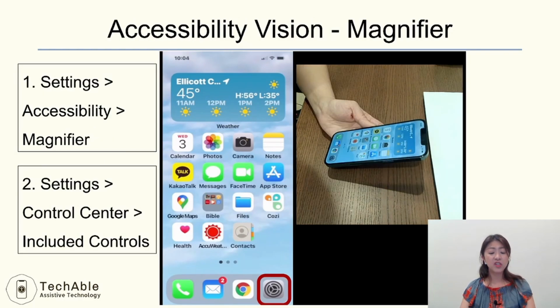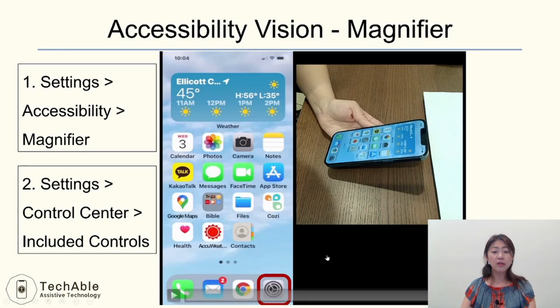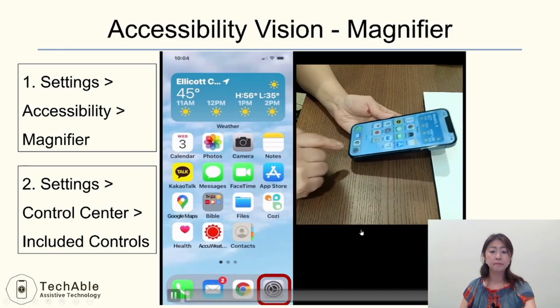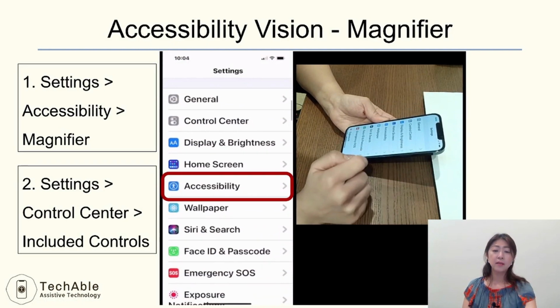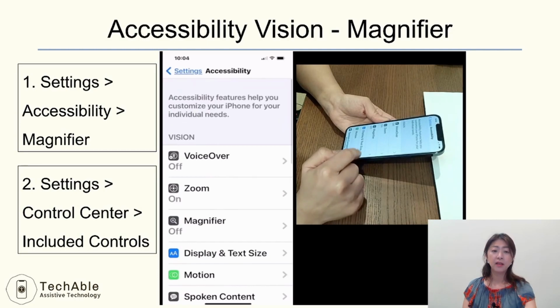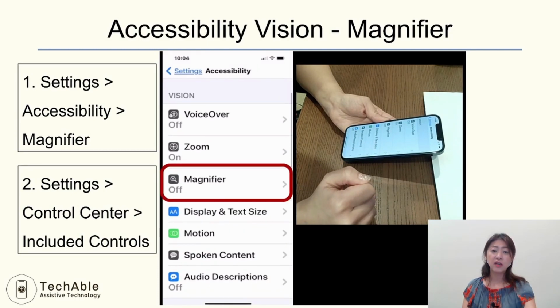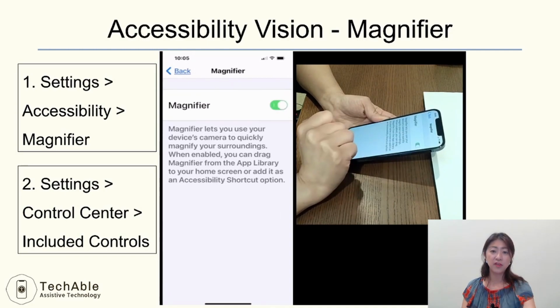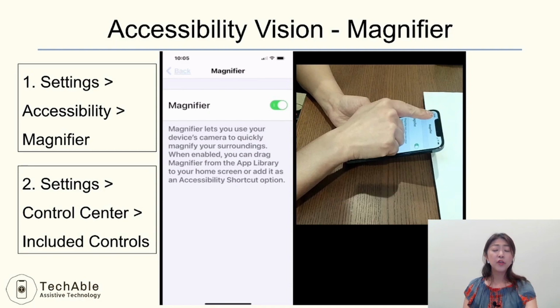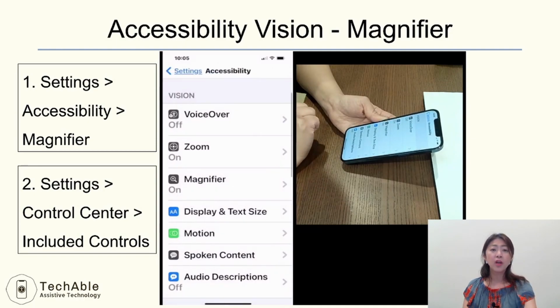With Magnifier feature, you can turn your iPhone into a magnifying glass. So to turn it on, go to Settings, Accessibility, and under Vision, there is Magnifier. So tap Magnifier. And you can turn on this feature. And after you turn on this feature, go back